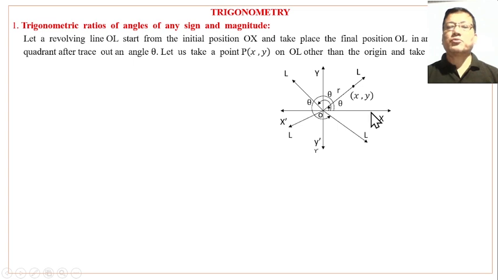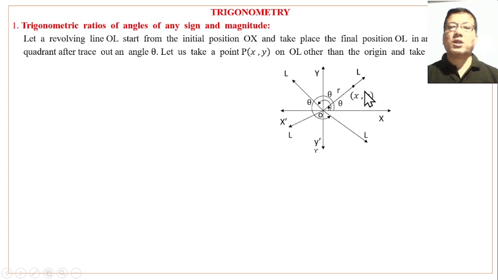OX is the initial position, and the revolving line OL can be in any quadrant. After the angle theta is revolved, OL may lie in the first quadrant, or in the second quadrant, or in the third quadrant, or in the fourth quadrant, with the same initial position. For any of the quadrants, the trigonometric ratios are defined as follows. Let us take a point P whose coordinates are x, y on